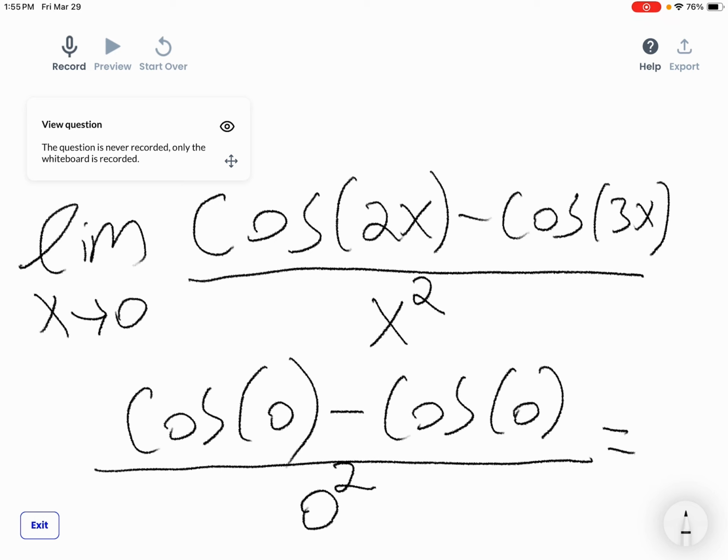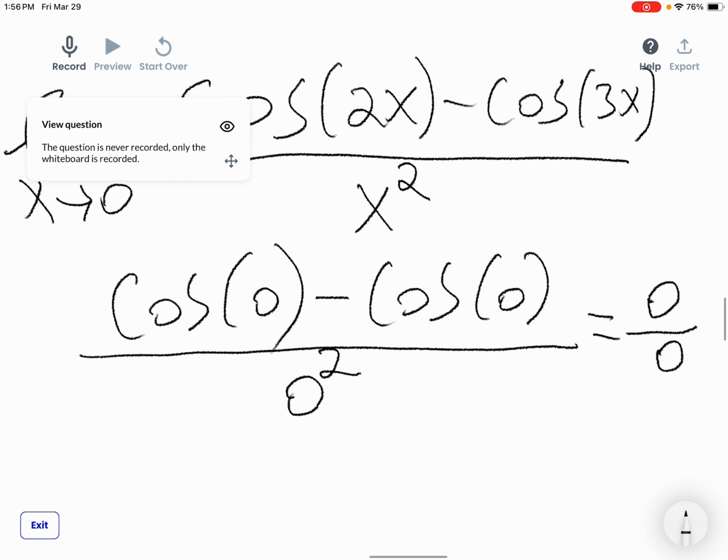Cosine of 0 is 1. That's 1 minus 1, which is 0, divided by 0. So we have 0 over 0, the indeterminate form. And we can go ahead and use L'Hopital's rule on it. If we have an indeterminate form of the flavor 0 over 0, we can go ahead and use L'Hopital's,